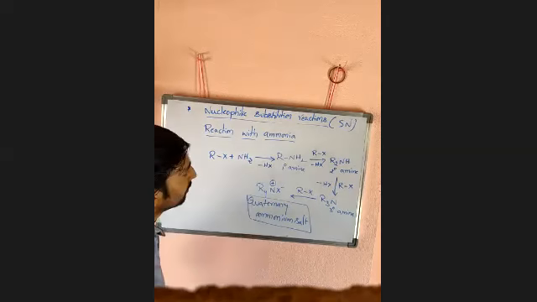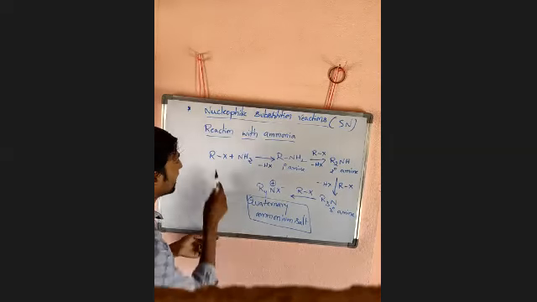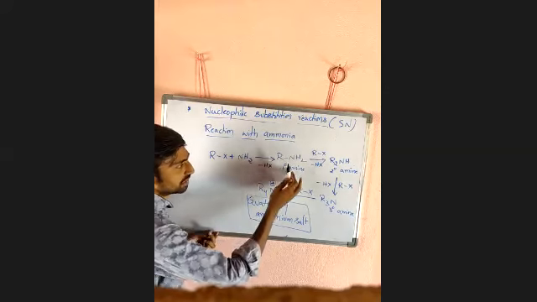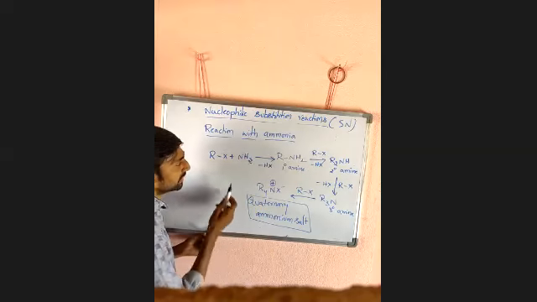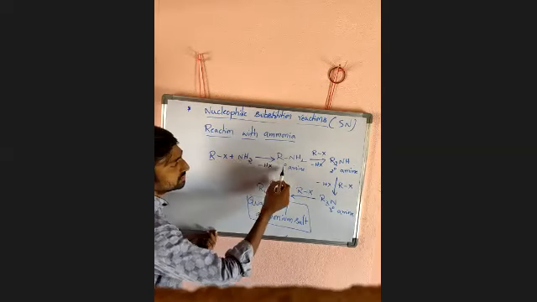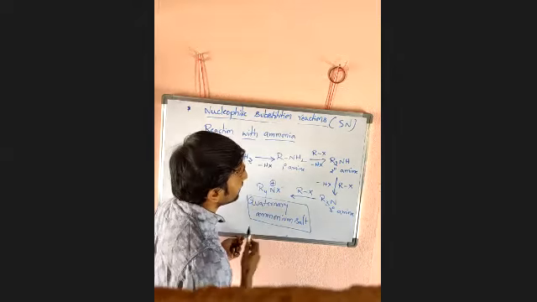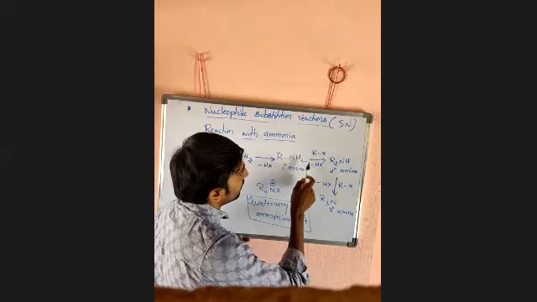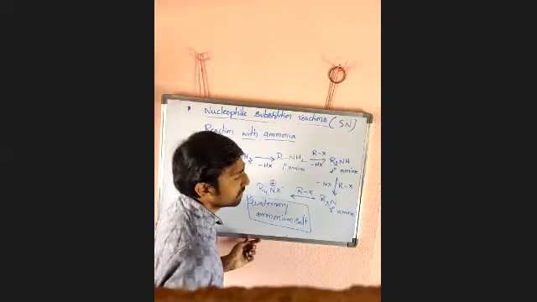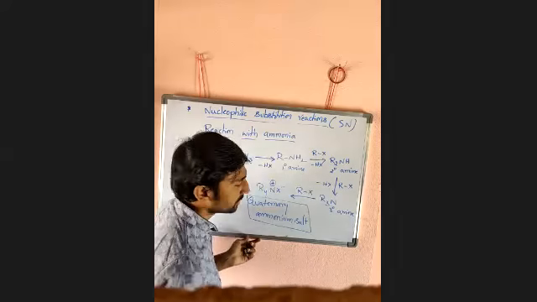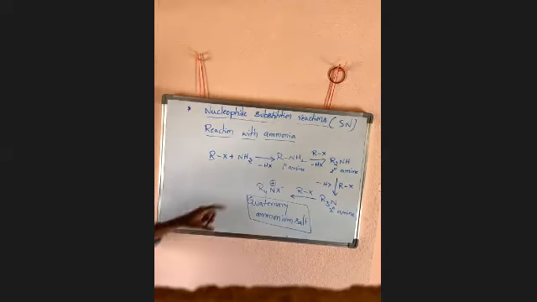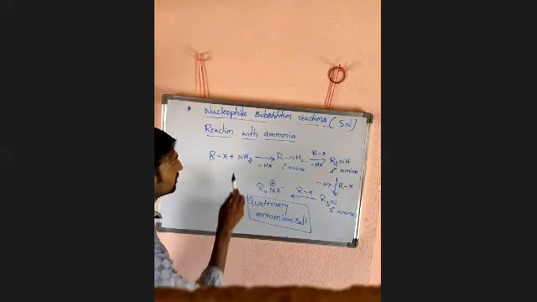Look here, reaction with ammonia. When alkyl halide reacts with NH3, H and X are eliminated. NH3 is called amine, I mean nitrogen with hydrogen is called amine. After elimination of HX, R is there and NH2 is there, so it is primary amine. Then it again reacts with RX, HX is eliminated, R gets there, and we will get R2NH, secondary amine. Again further reaction, we will get tertiary amine. Again RX addition takes place, we will get quaternary ammonium salt. Up to this, the reaction takes place based on the amount of RX.